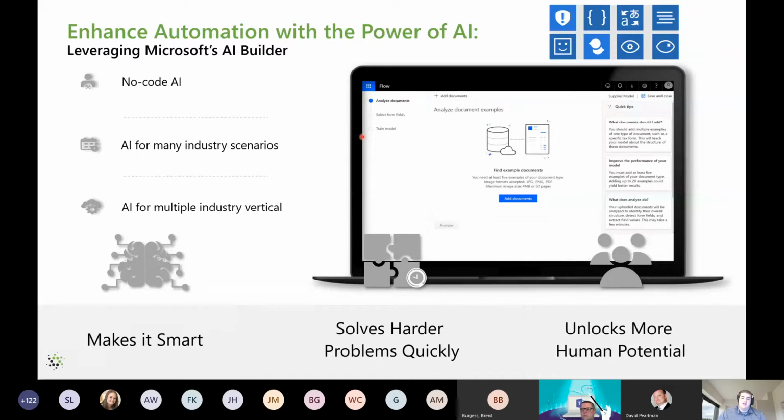And I'll talk about AI Builder and actually two of the use cases that I have and how it's helped us solve different challenges for customers in ways that necessarily a human couldn't do too feasibly.